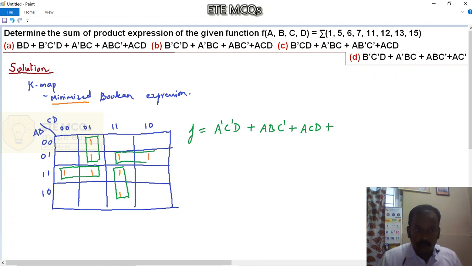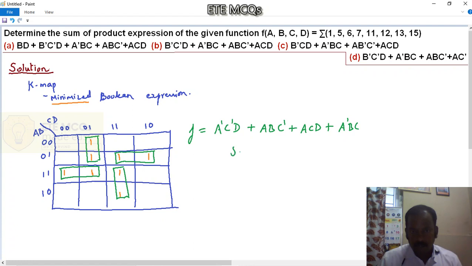When you perform this grouping, you end up with A equal to 0 and B equal to 1, which is the same for both the ones. It remains constant for both the cells. So you have A dash B, and here C is constant whereas D changes from 1 to 0. So it is C. So this is your minimized Boolean expression.